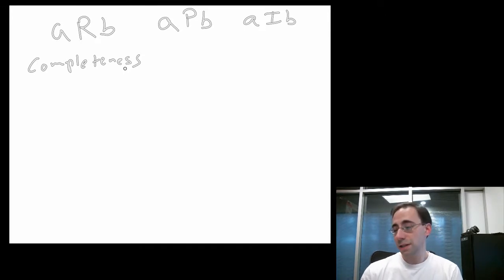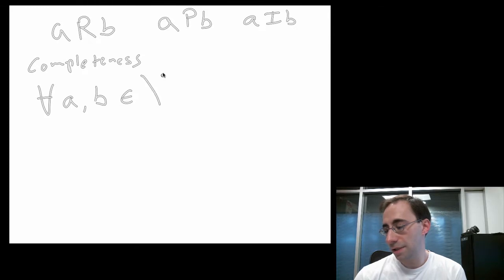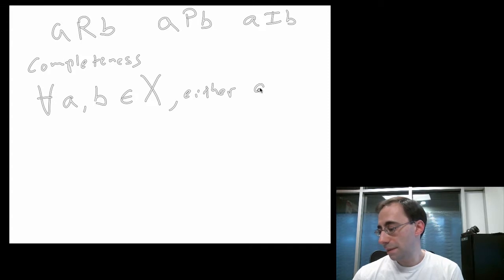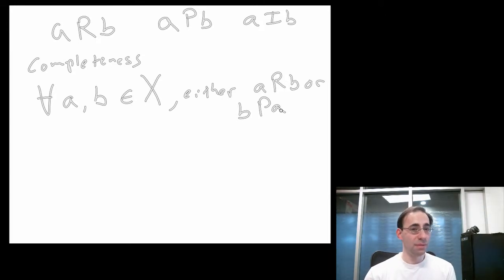So completeness says for every element A and B, that's for all elements A and B in some set of objects, either A is at least as good as B, or B is at least as good as A. That means I must be able to order, in this weak fashion, all elements in my set, otherwise I don't have complete preferences. And complete preferences are assumed by, as far as I know, pretty much every model in political science or social science in general, because if you don't have complete preferences, the question of what you want is